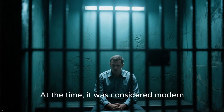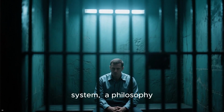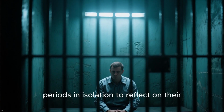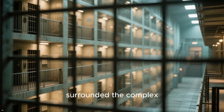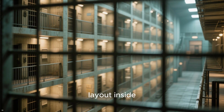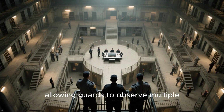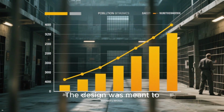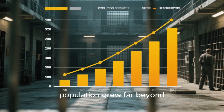At the time, it was considered modern, structured around the Victorian separate system, a philosophy that believed criminals should spend long periods in isolation to reflect on their crimes and reform their behavior. Massive brick walls surrounded the complex, while narrow corridors and barred cells formed a grid-like layout inside. Each wing stretched outward from a central hub, allowing guards to observe multiple corridors from a single vantage point. The design was meant to impose order and control, but over time the prison population grew far beyond what its